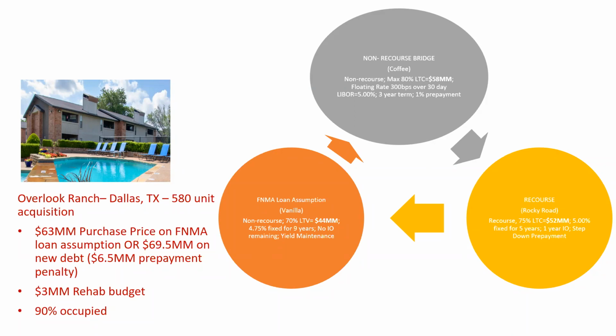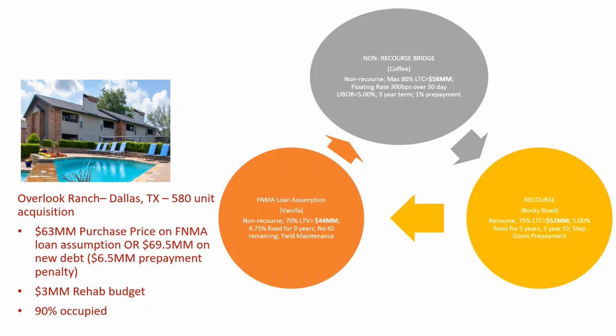All right. So it was a big prepay, because essentially the prepay is looking at where your current interest rate is versus the market, and the market interest rates are significantly lower right now. So on the loan assumption, you buy it for 63 million, you do a $44 million loan assumption, and you raise about $20 million. There's no interest only.